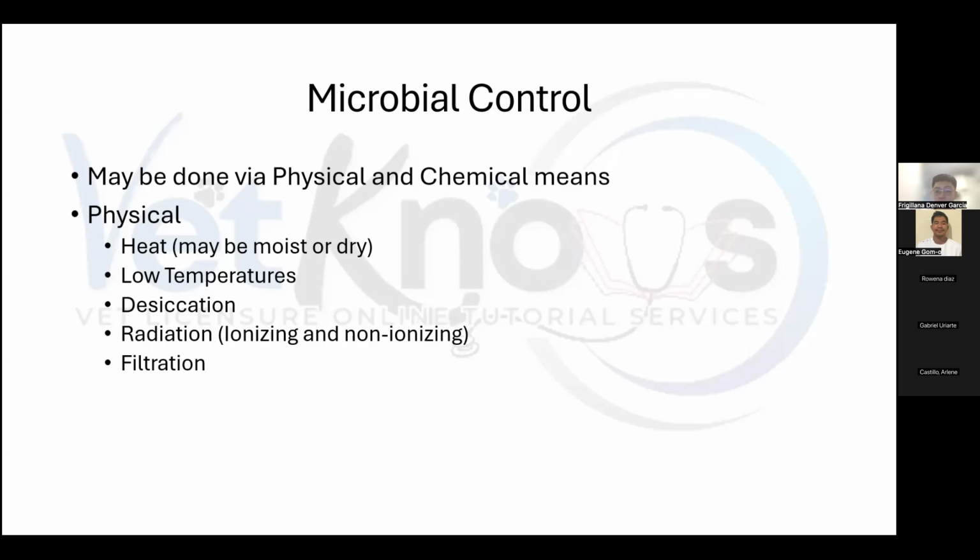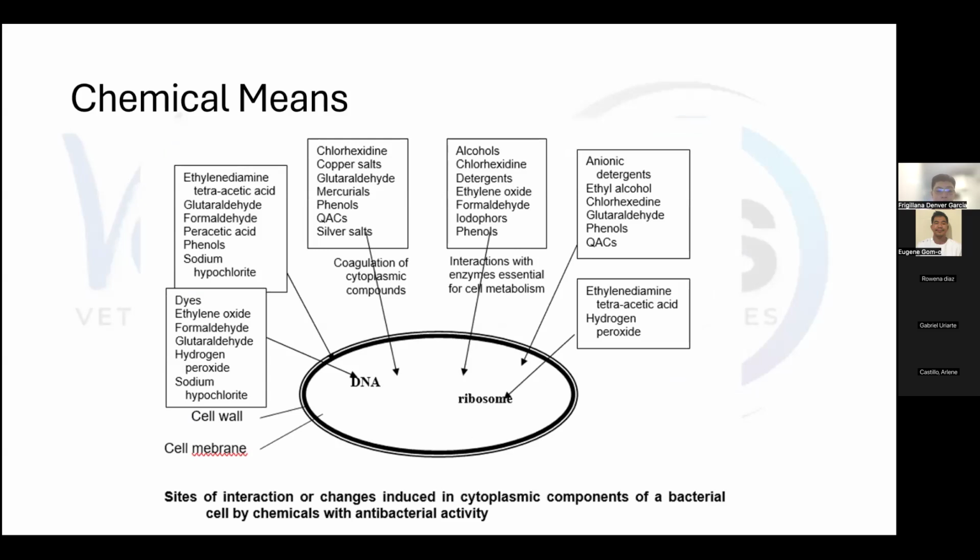Next, we have the control of bacteria using chemicals. And as you can see here, majority of chemicals, they have several processes, although I'll try to be brief with our chemicals that are used. So first, we have alcohols. Ito na lang, alcohol. Ethyl alcohol, usually, ang ginagawa nila would be protein denaturation. And they are effective at 70% concentration above. Common alcohols used in veterinary medicine, we have ethyl and isopropyl alcohols.